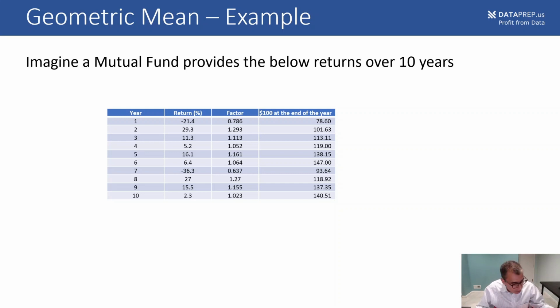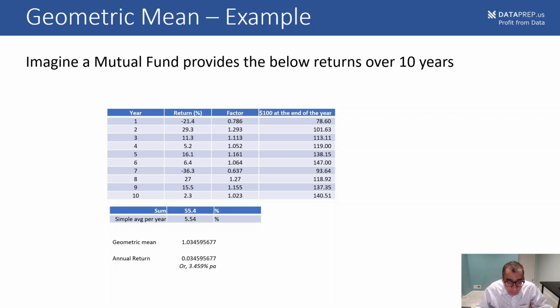If you want to understand some more of this or want to try this, you can pause the video and you can check this out yourself as well. Now, if you look at the simple averages, the simple average of all of these returns is 5.54%, but that is not the actual return that you are getting each year from this mutual fund. The actual return is given by the geometric mean, which tells you that the return is actually